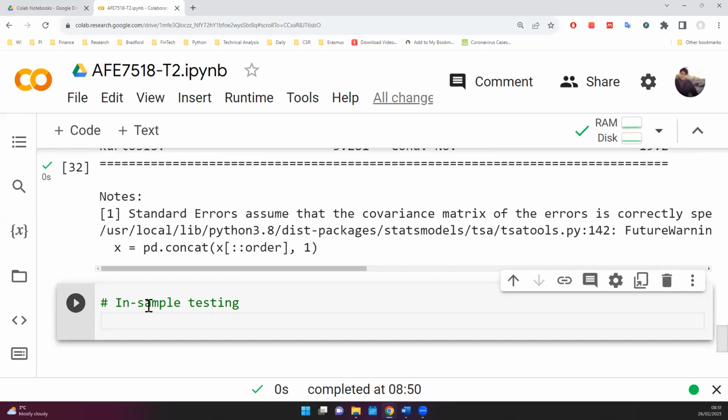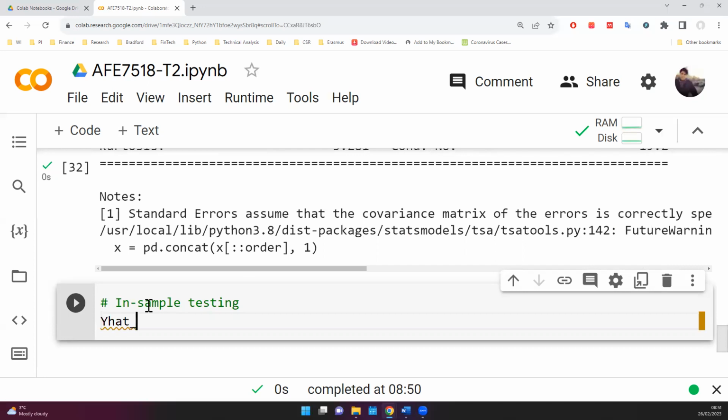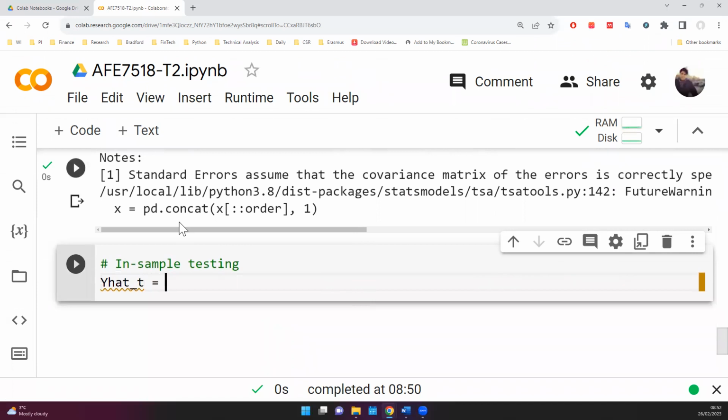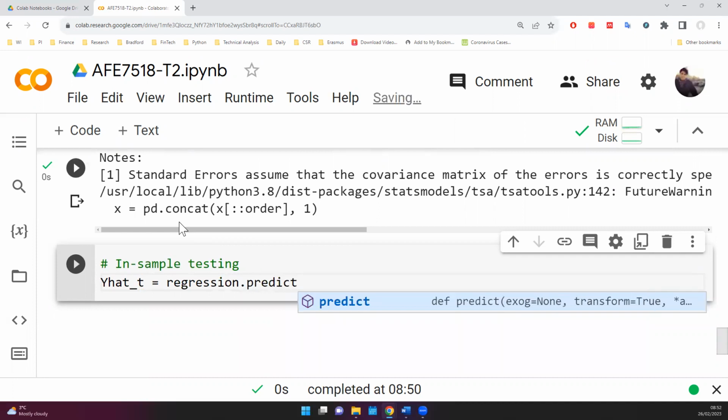Okay, so I'm gonna call this one y hat. Y hat for what? For our training sample. The training sample we show it by underline t is equal to my regression dot the function predict